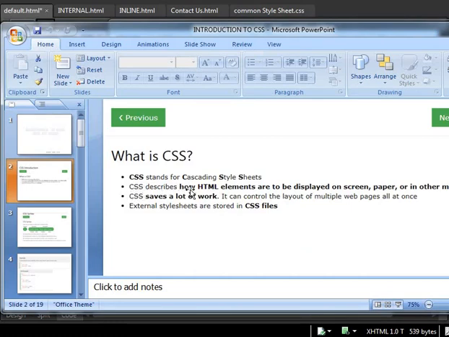CSS describes how HTML elements are to be displayed on a screen, paper, or in other devices. CSS saves a lot of work. It can control the layout of multiple web pages all at once. External style sheets are stored in CSS files. Now I'll teach you this when I go